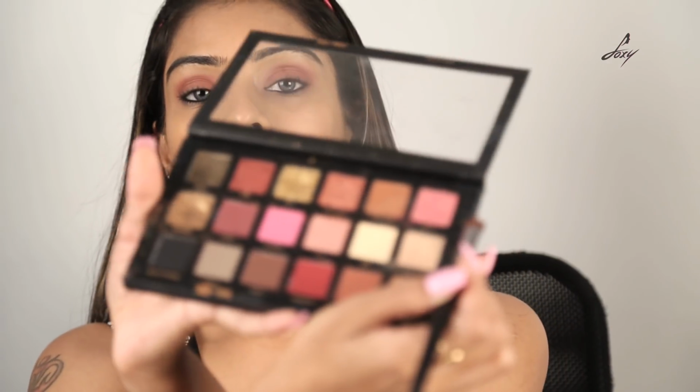Now once I've done that, I'm going to take this shade which is called Angelic and I'm going to apply it just in the center. Just open my eyes up a bit. So this is done. Now I'm going to take this palette again and I'll use this black shade